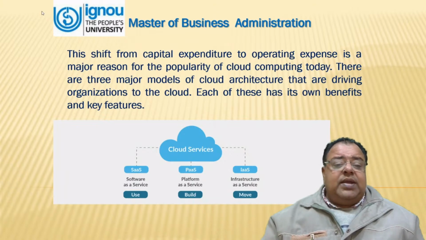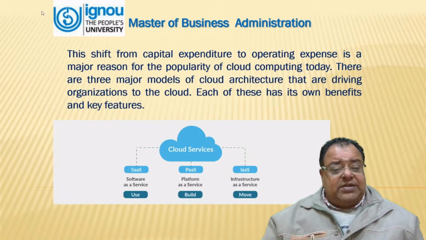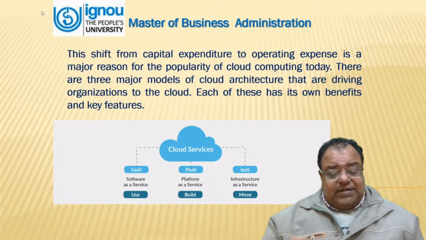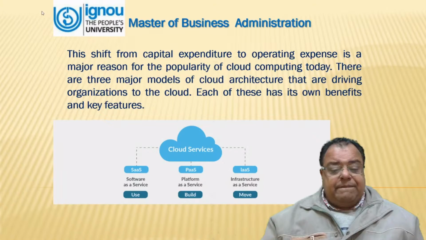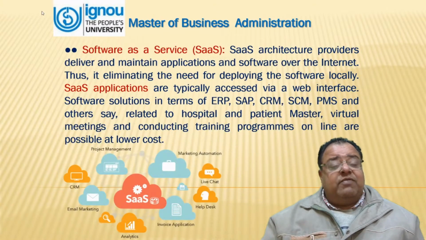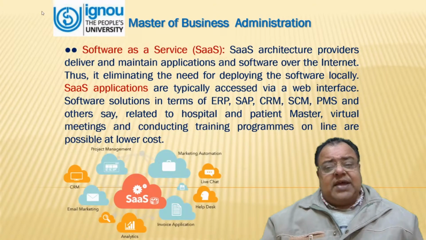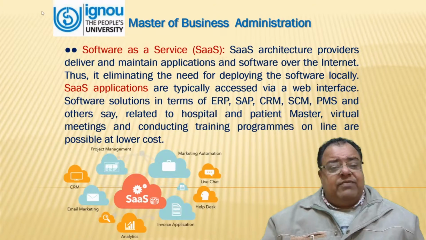There are three major models of cloud architecture that are driving organizations to the cloud. Each of these has its own benefit and key features. Software as a service, that is what we call SaaS. SaaS architecture provides delivery and maintenance of applications and software over the internet, thus eliminating the need for deploying the software locally. SaaS applications are typically accessed via web interface,